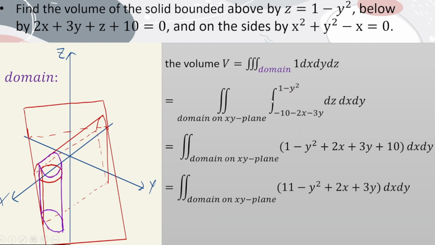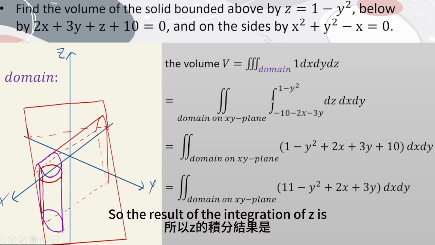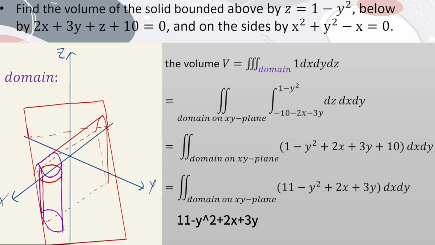Here and here, respectively. So the result of the integration of z is 11 minus y squared plus 2 times x plus 3 times y. Okay,